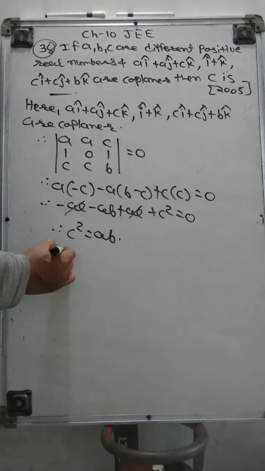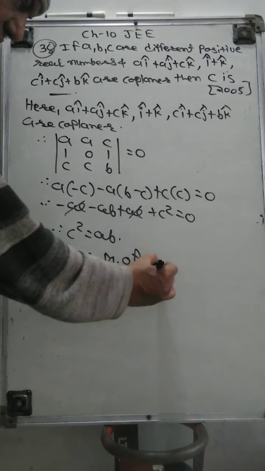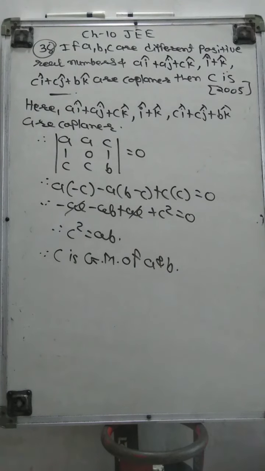So we can say that C is the geometric mean of A and B. So A, B, C are real numbers, not vectors. Therefore be careful for this type of sum, because these sums are very useful. And here you must remember very carefully which is a vector and which is not. This is a 2005 JEE question, so this type of question is also asked in JEE. So be careful for this type of sum. Now we go for the next.